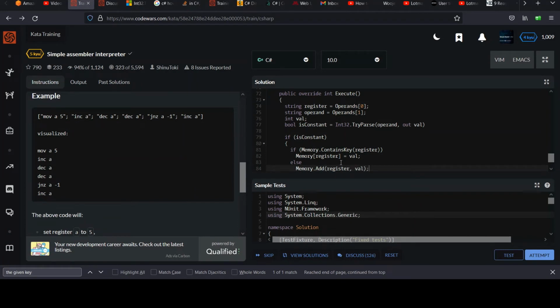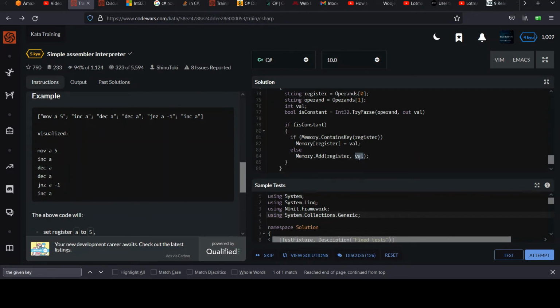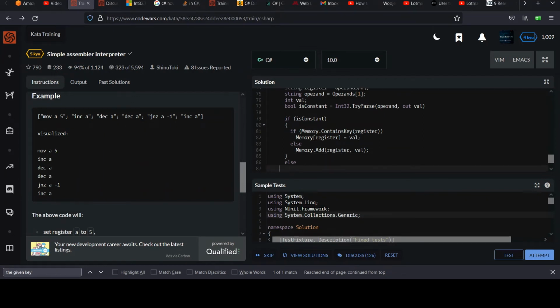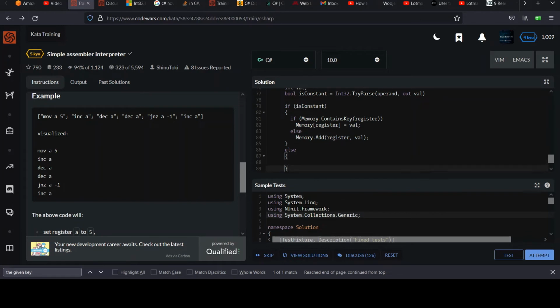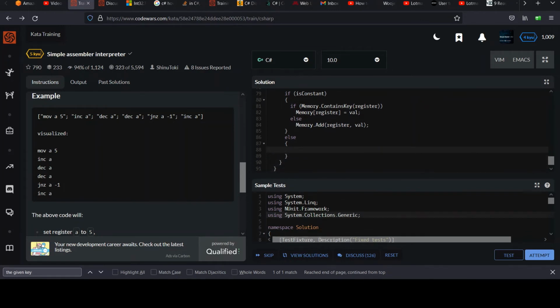Good. So if it's already there, we're going to update its value with the constant number, else make a new entry in memory with the register name and the value. Good. So otherwise, meaning else would mean it was a string. There was not a number in there, which means this is another memory location. So we're basically going to do the same kind of thing. In fact, I'll copy this,